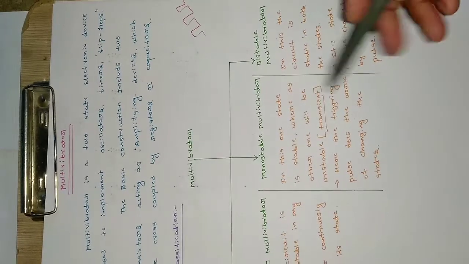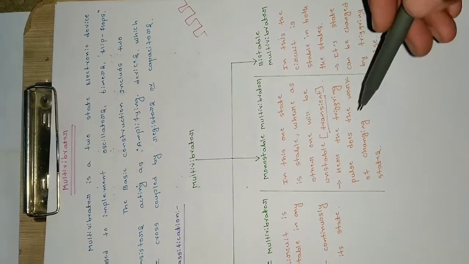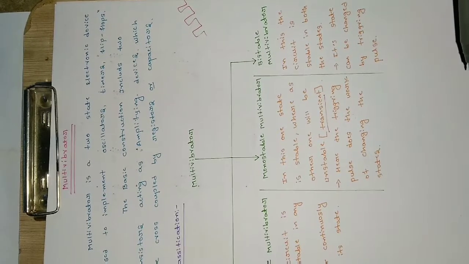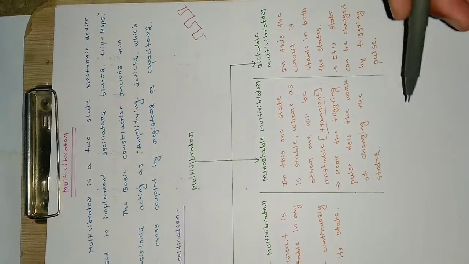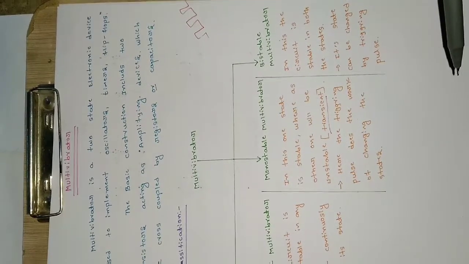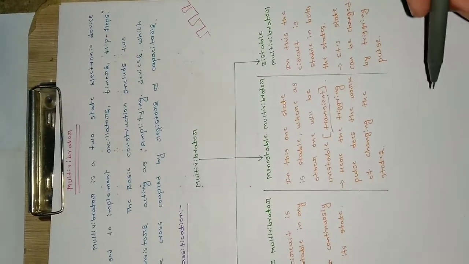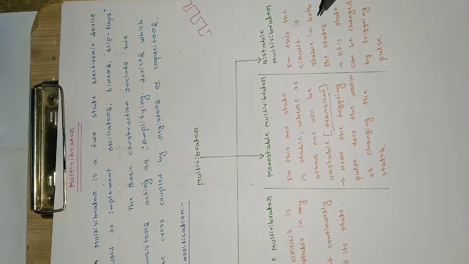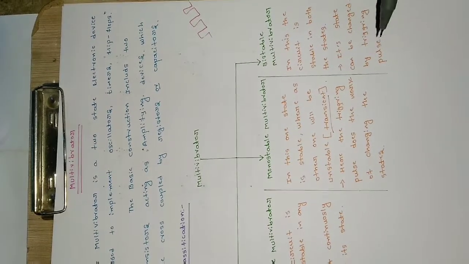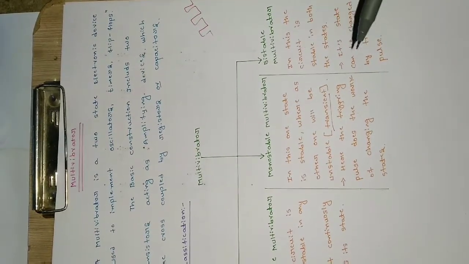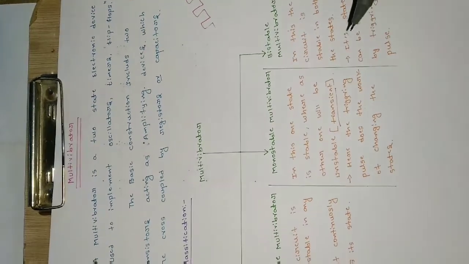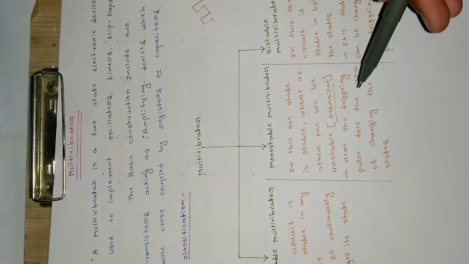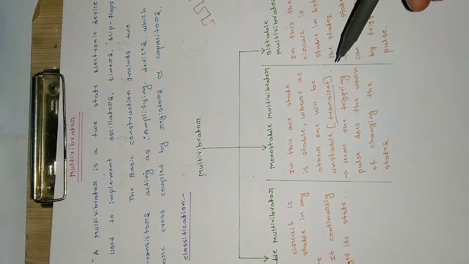Okay, so here the triggering pulse does the work of changing the state. How does the state of this multivibrator change? It is done with the help of a triggering pulse. It will change the output of the multivibrator, either high to low or low to high. High is one stable state and low is the other stable state. Depending on the pulse or trigger which we will be applying, the output is going to change.